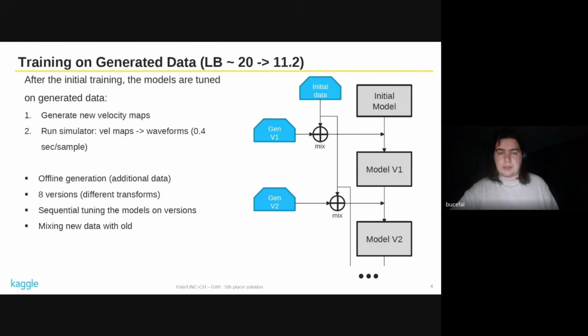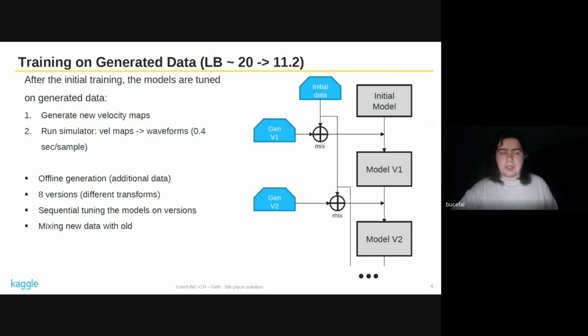Then when we hit convergence, we stop our training, generate new data, extend the initial data with it, and resume training. And we did it a lot of times, like in the end, 7 or 8 iterations of creating new data. And this all was offline generation, so we didn't perform any on-the-fly augmentation.